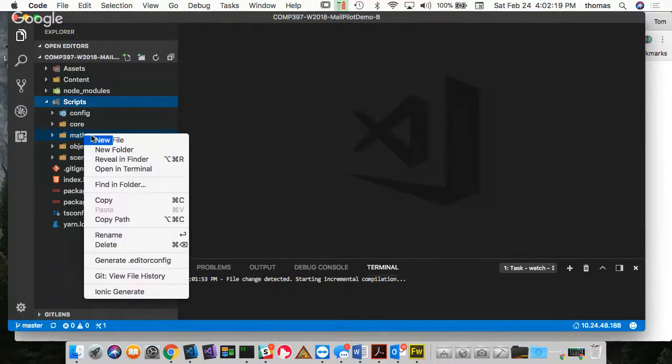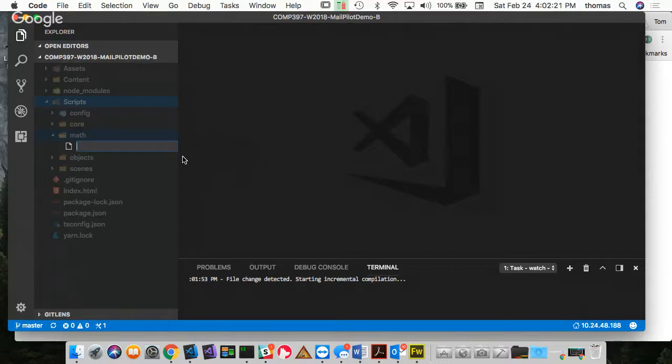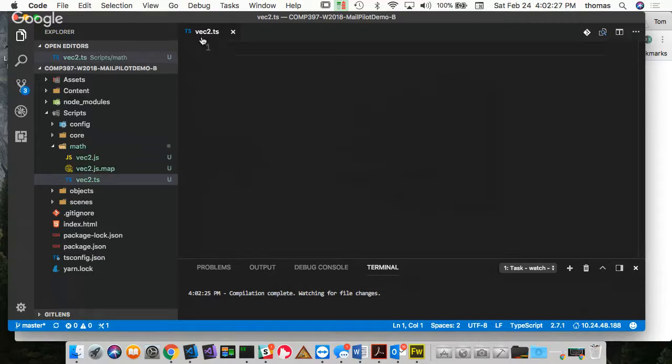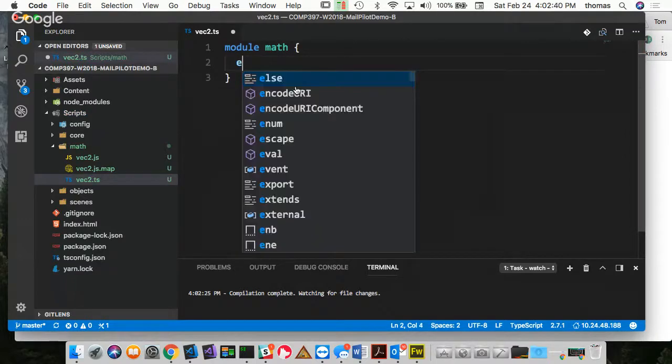So I'm going to do a new file. I'm going to call this vec2.ts. I want you to think about vec2 as a vector, a 2-dimensional vector. You could also think about it as vector 2D as opposed to vector 3D. So I'm going to do a module. I'm going to call this module math, a new module we never did before, right? And I'm going to export a new